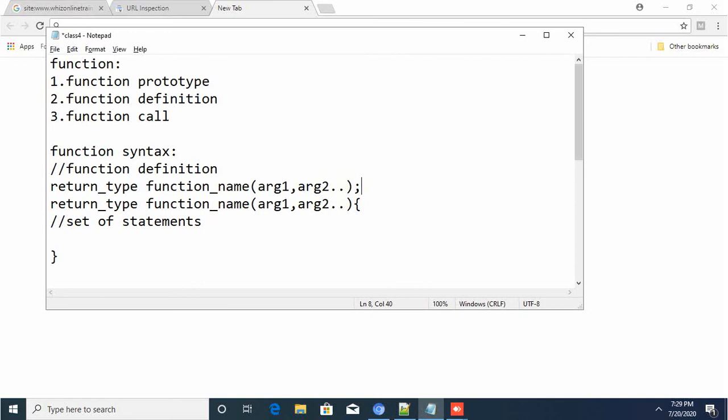This one with a semicolon is called the function prototype, and this is the function definition.